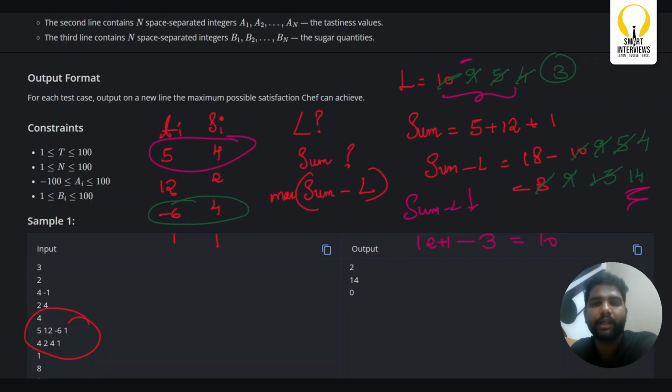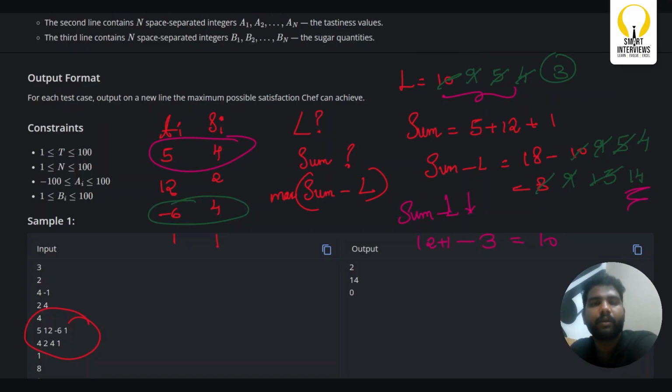If the L value increases, sum minus L value decreases, obviously, right? So if there is no tasty item with 10, then why do we need to take 10? Are you getting my point? If there is no item with 9, why do we need to take 9,